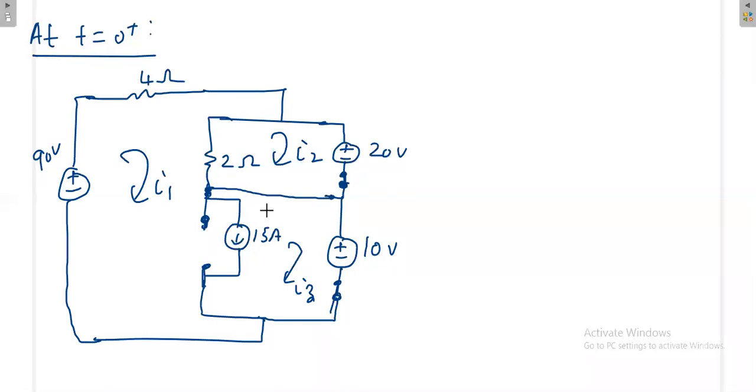Because I3 is going this way, I3 is going up and I1 is coming down. The moment you observe this branch, I1 minus I3 is equal to 15 ampere. Again, the difference between I1 and I3 is 15 ampere. Now what is the difference between I1 and I2? Before that, if you see, the entire 20 voltage